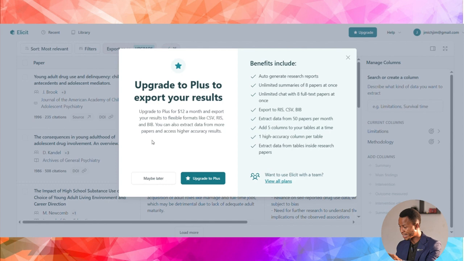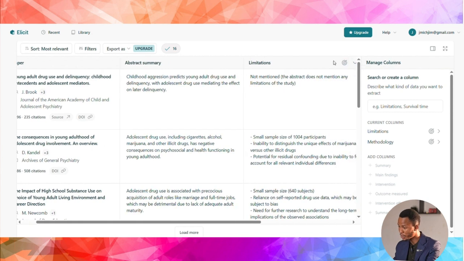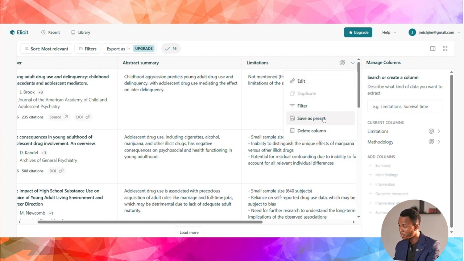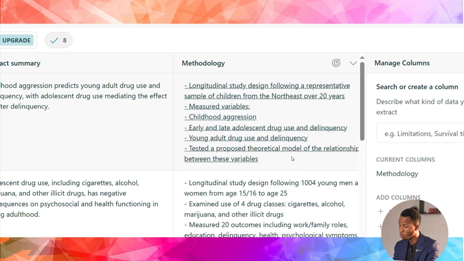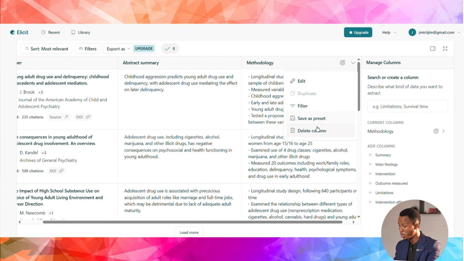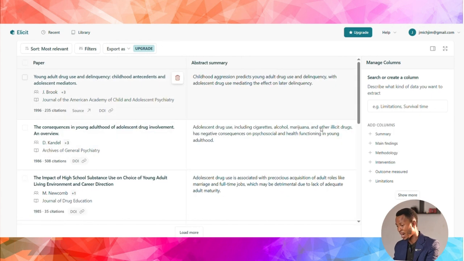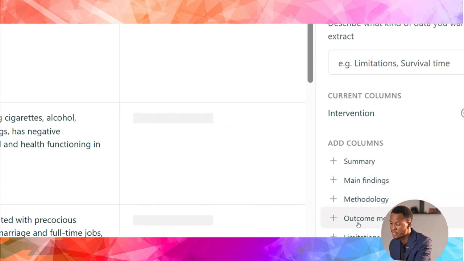But one thing I do is that for me to be able to use every one of these columns, I would come here and delete the column. Click on this arrow button here and click on delete column. It is going to delete the column, and if you feel you do not want the methodology, you can as well click on the button there and delete your column. And by so doing, you have the ability to click on more columns that you see fit into your research